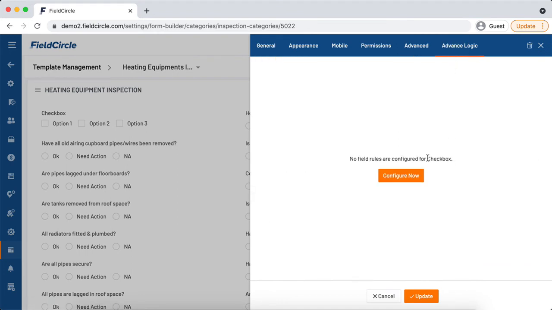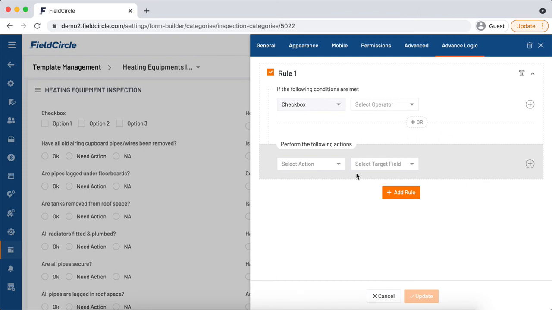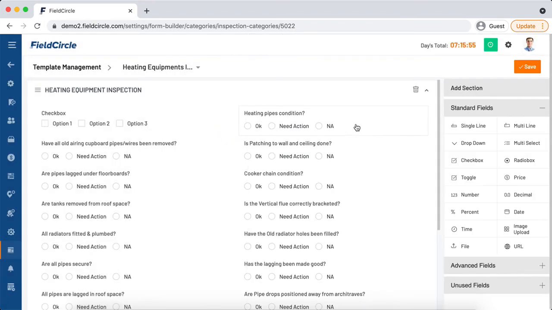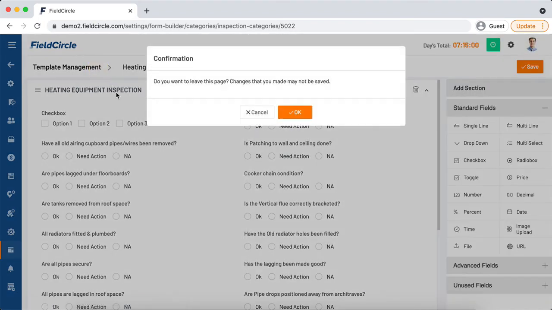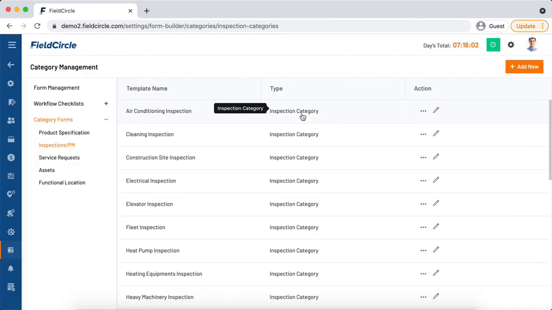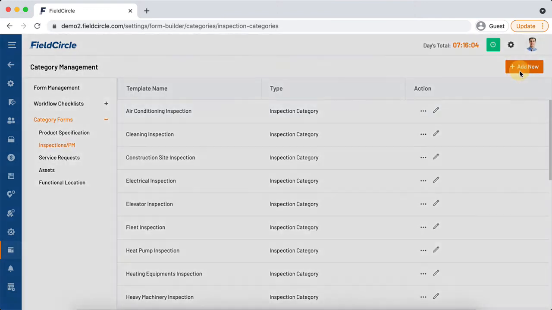And then you may set up advanced logic also. So as far as advanced logic is concerned, either you can set it up yourself, or otherwise our team would help you with the same. So this is how you may edit a template,